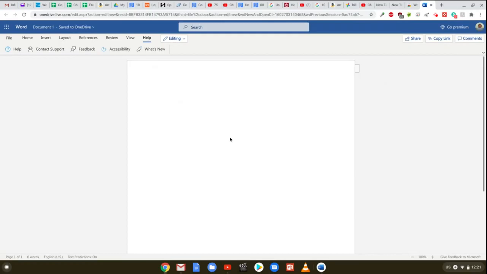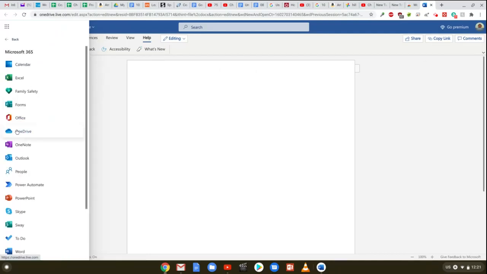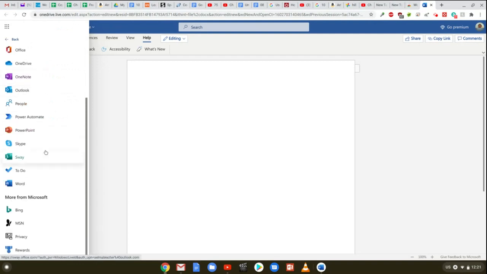Now, let's say that the item or the feature that you needed really did not exist in this free version. You can click up here into the upper corner and notice right there it says Go Premium. Over here on the left hand side, you notice that we have the app launcher for Microsoft products. So there's all the Microsoft products there. And if you click there, you actually see more apps. So there's a long list of Microsoft apps.